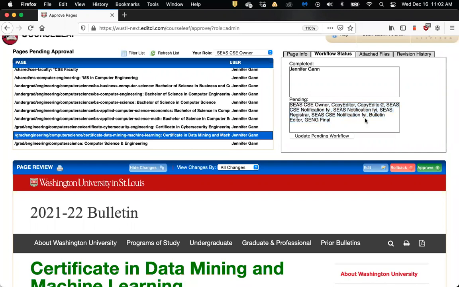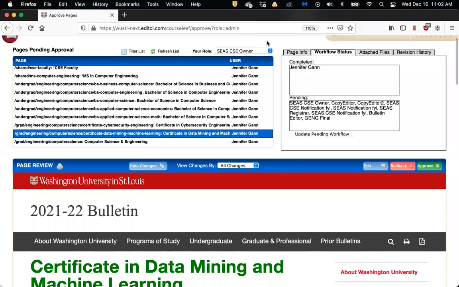If you're just curious who else is looking at my page, this pending area will show you who is coming after you. All right. So those are the key things that you will need to know in regards to the approval area for those of you who are going to be going into this space.